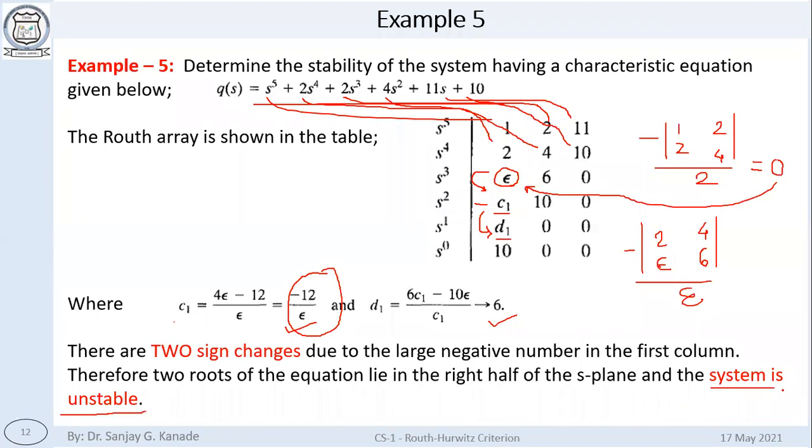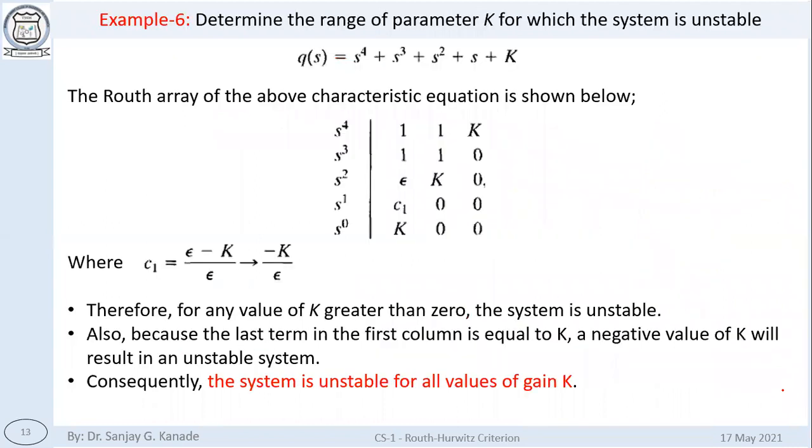So this is how we solve the case 2 type of problem. What is that case 2 type of problem? When there is a 0 in the first column of a row. For this type of problem also there can be a similar type of question where we have to determine the range of parameter k. In that case again we are going to perform the same things.